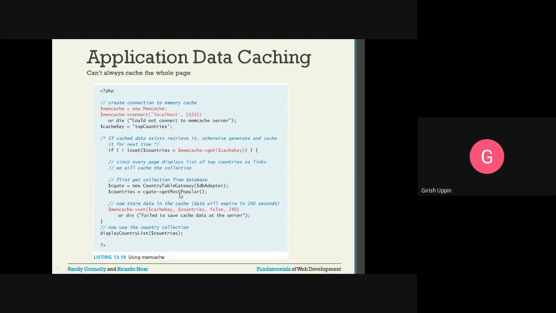Let us say this method uses the database adapter, connects to the database, retrieves the data, and that retrieved data is stored in $countries. The $countries variable holds the most popular cities or whatever information there is. Then, once I have this data, I call $memcache set with the $cacheKey, which is top countries, and the values stored are the countries.